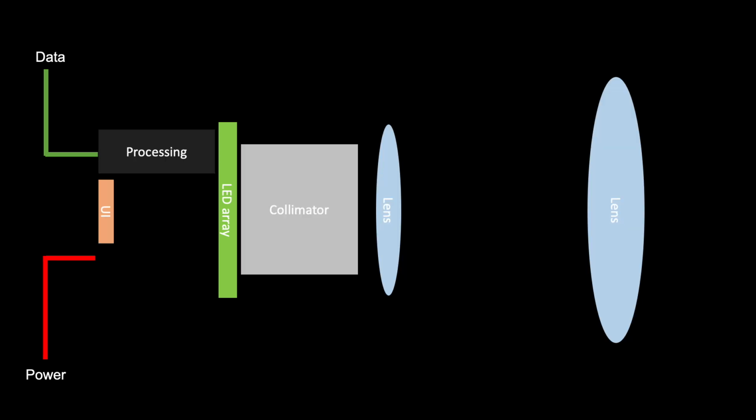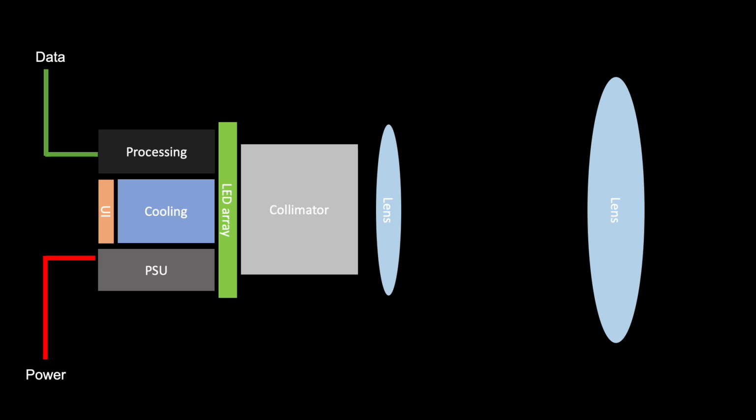So what makes LEDs different? First up, LEDs are complex devices made up of LED arrays, user interfaces, processors, optics, and cooling systems, usually fans. And keeping all of that running is a switch mode power supply, which is why it needs to have constant power. Switch mode power supplies have a lot of benefits, which is why they're used, but there are some negatives that can impact you, the user.